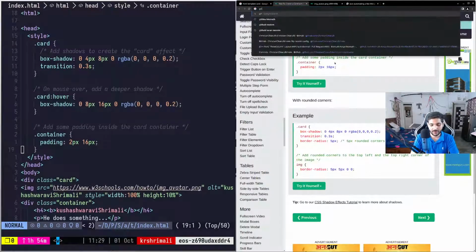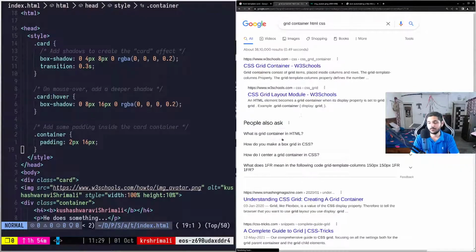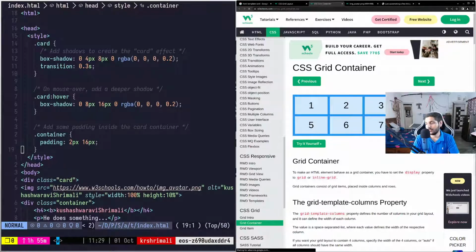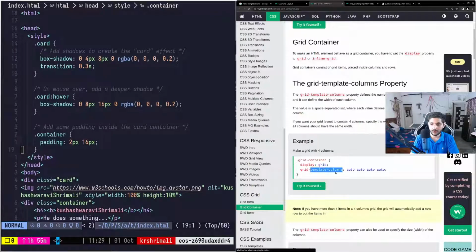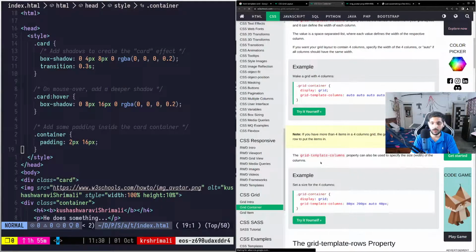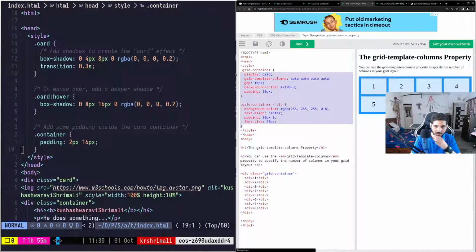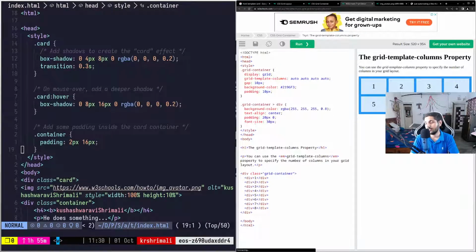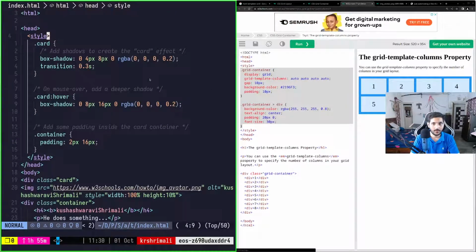Let's find grid container HTML CSS. Yeah, something like this, right? 1, 2, 3, 4, 5, 6, 7, 8. That's it, right? So you need something like dot grid container, display grid, template columns, auto. Okay, let's try it yourself. So they have this script here, and then they do div class equal to grid container, and that's it. Yeah, there you go. This is nice, right? This is okay. Yes, display grid, yeah. Perfect. And then here,